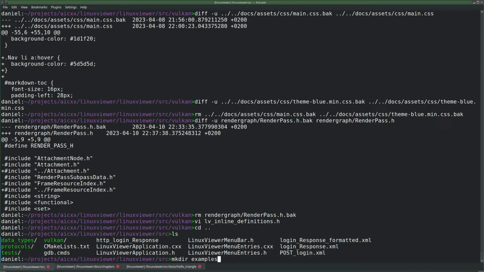In source. Well, I have tests here. So they're kind of Vulkan examples. So source stands for the Linux viewer source code.